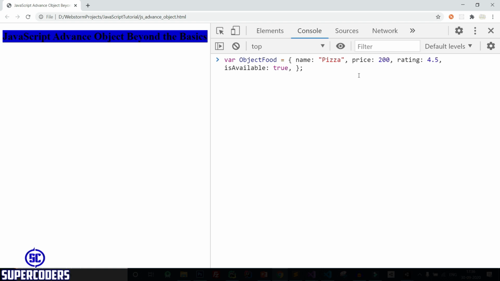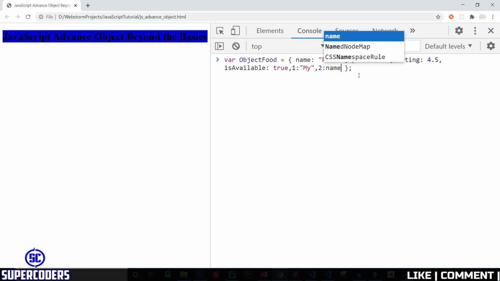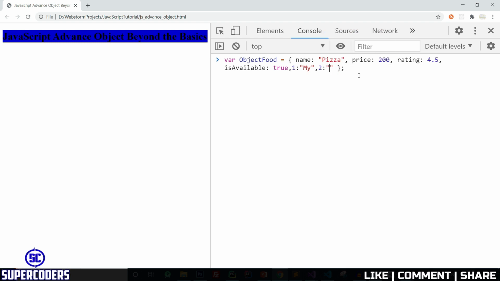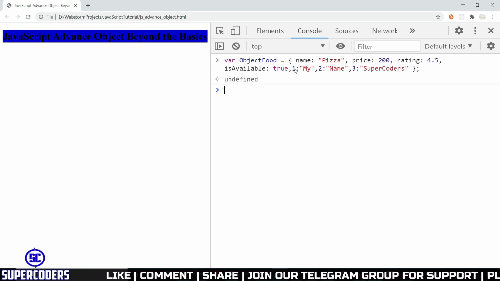So simply add like 1 and set the value like my, 2, set the value, 3, super coders, enter. You can see I created the object name with string key name, but here I also added the key name as a number.